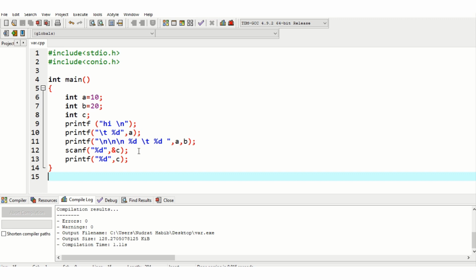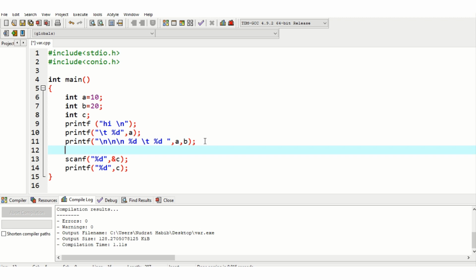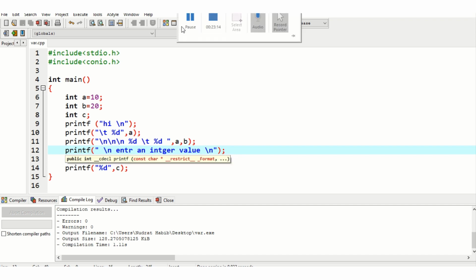Or to make it more understandable, you can also add messages here. For example, with printf, you can ask the user to enter an integer value. That's just a display message. You can use escape sequences to format your program.